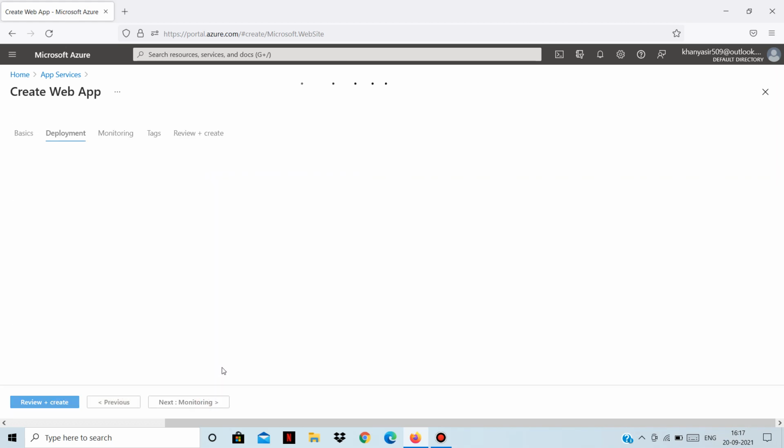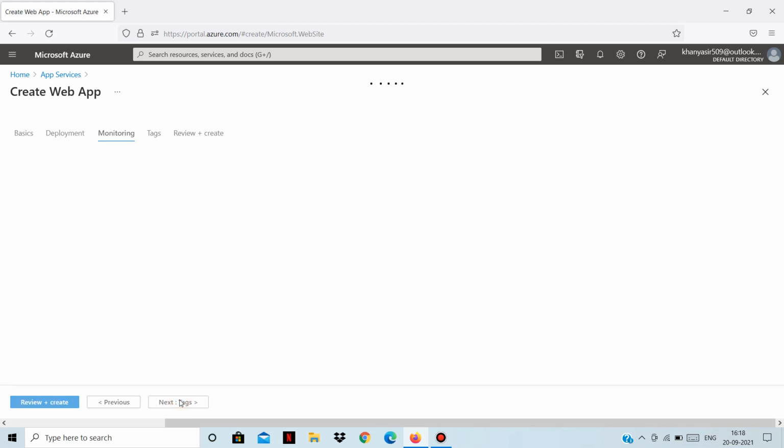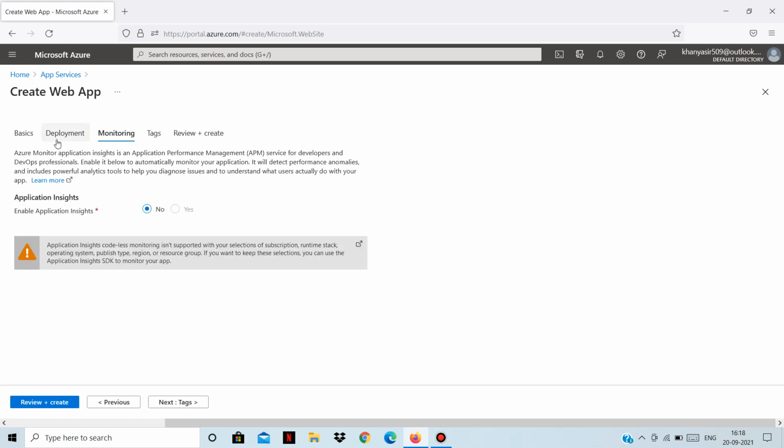Now next to deployments, we don't need to change anything here. Also the enable is disabled. It means if you want your application to be deployed continuously like a CI/CD pipeline, you can use GitHub Actions also. It's for automating your application deployment using CI/CD. Whenever there is a change in GitHub or some repository, your application will be deployed using the CI/CD